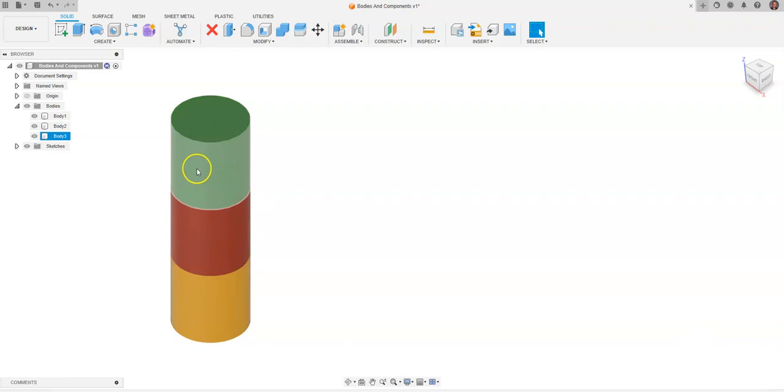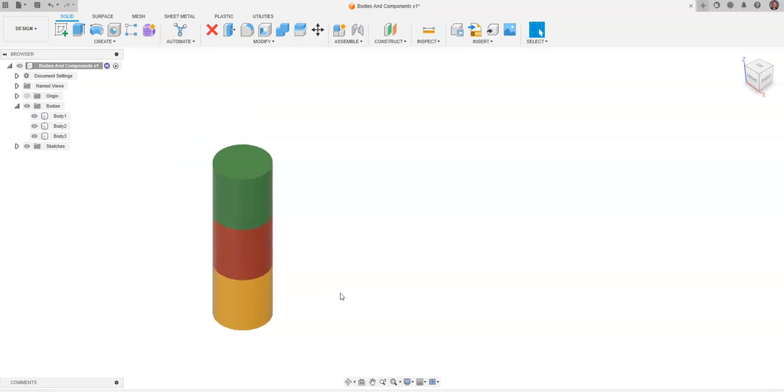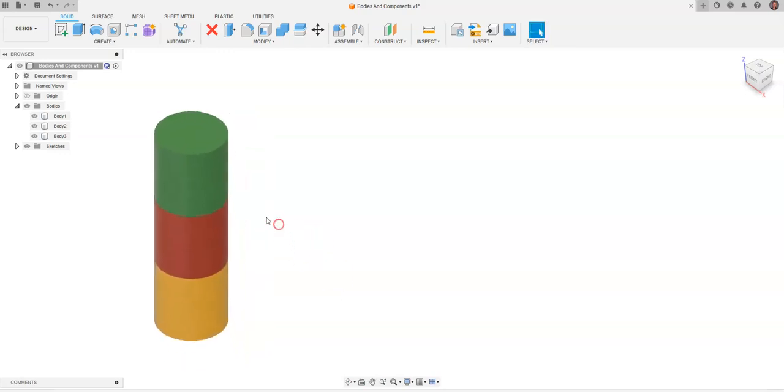I want you to notice that I'm clicking and holding down and trying to drag these away from each other, and I can't because they're all part of one component. They are not necessarily separate components. They might be separate bodies, but they're part of one entity. So as we gain a little bit of an understanding of bodies within components, let's go ahead and create a